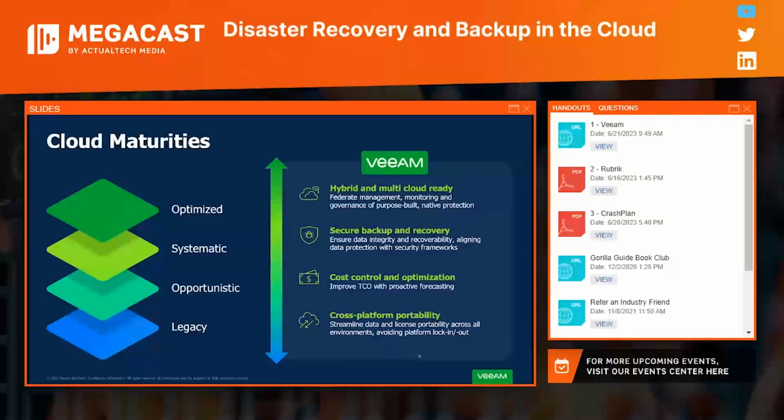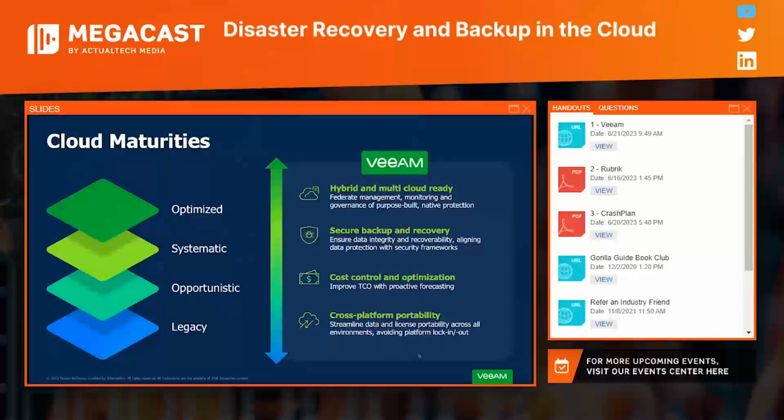And then we also deliver the licensing structure to do that as well. So you don't have to go out and procure a new piece of software, a new license. You don't have an old license that just gets wasted. It will just dynamically and automatically move with your workloads as you transition through this cloud maturity.